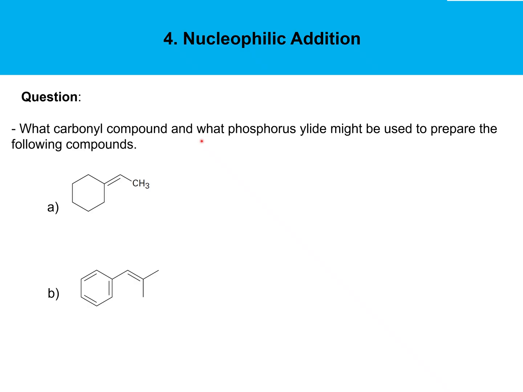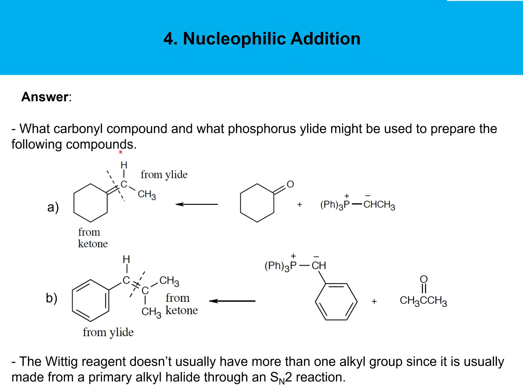In this question, we will use the Wittig reaction to produce the following two alkenes. The question asks what carbonyl compound and what phosphorus ylide would be used to prepare the following compounds. In order to think about the Wittig reaction backwards, we want to think about splitting the double bond of the